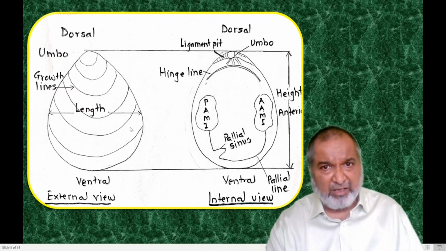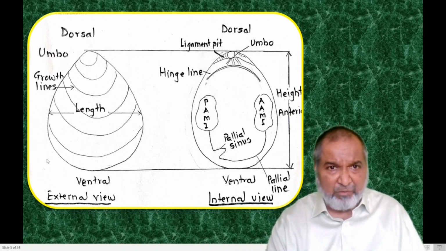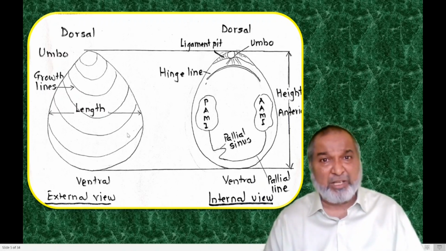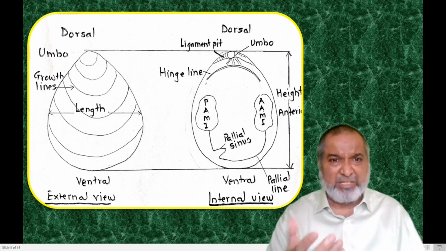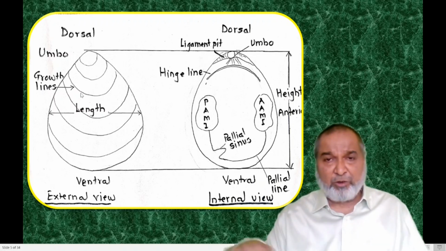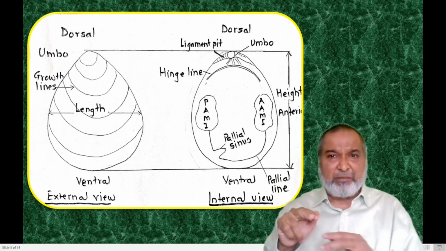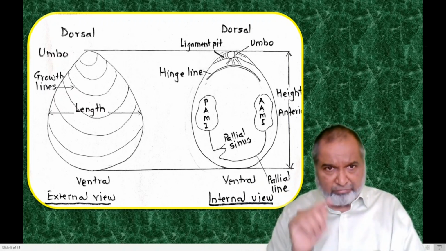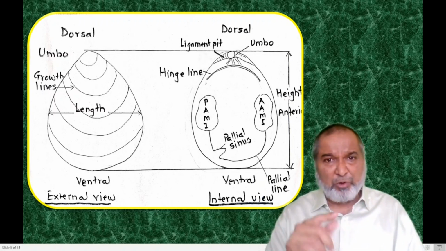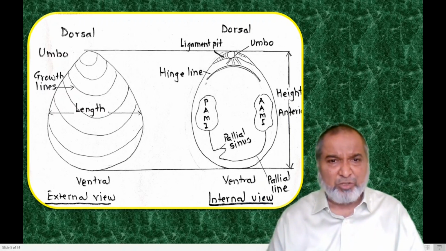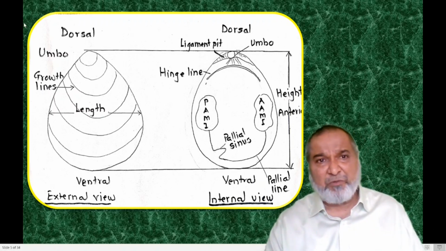At the same time, there will be vertical lines in the fossil also, and in the shells also, the radiating ones. So we'll see the difference between the fossil and the shell. Then whether concentric line or radiating line, sometimes a spine comes out wherever the growth line and the radiating line intersect. So that is what we have in the external view.